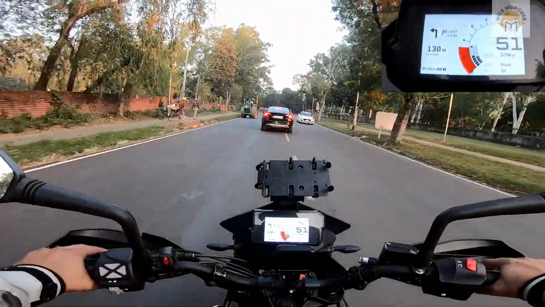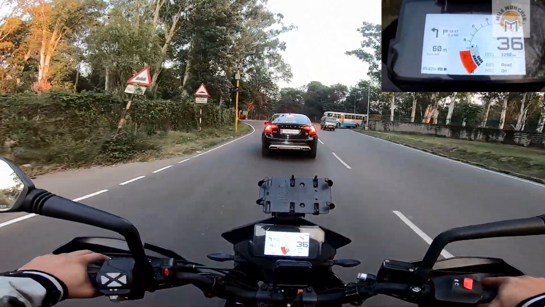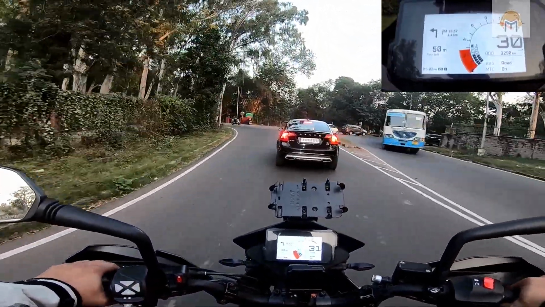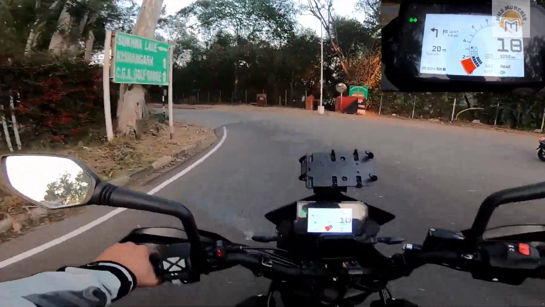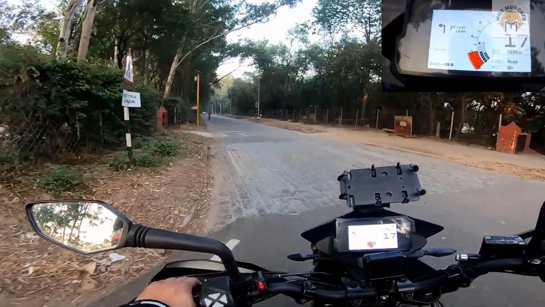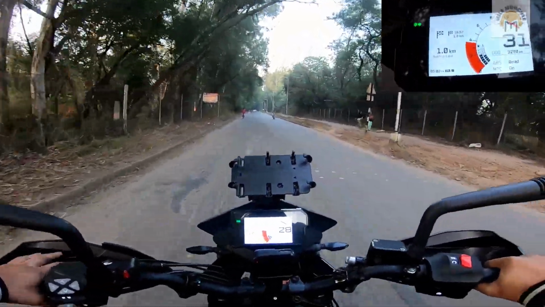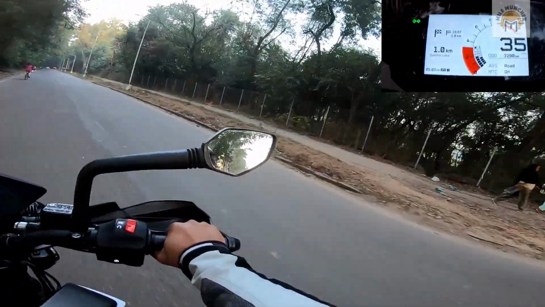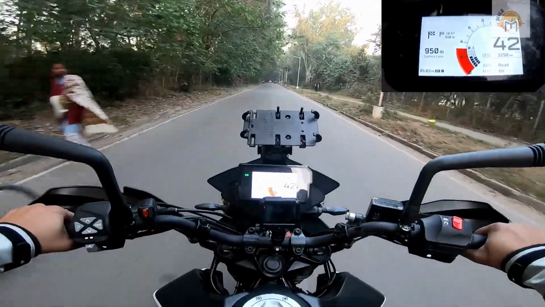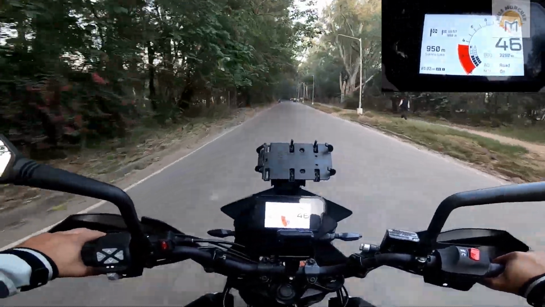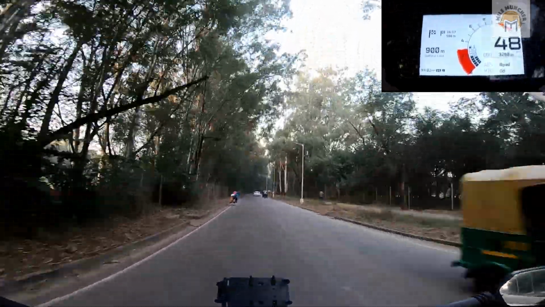So we have almost reached Sukhna Lake. I'm sure we will reach there as well, thanks to this app called Turn by Turn Navigation. It's a really very good app. I think you must try. Even the star rating on the Android Play Store is really very good. It's somewhere around 4.1 and it really is good. I have tested it myself. I have just shown it to you, demonstrated this to you, and this is really a wonderful app. I think you should try this on your KTM motorcycles, of course on a 390 and the higher versions.